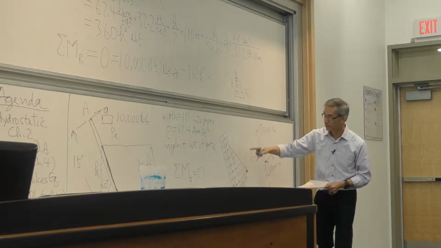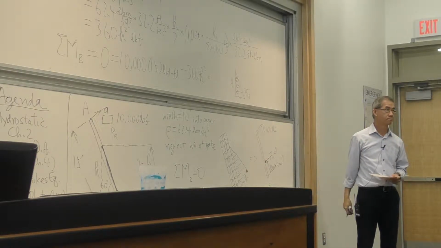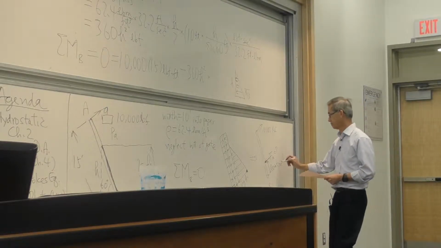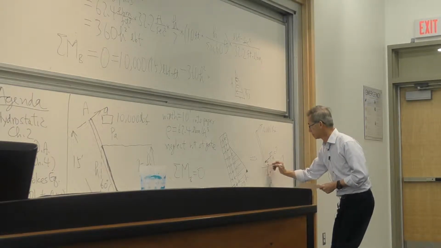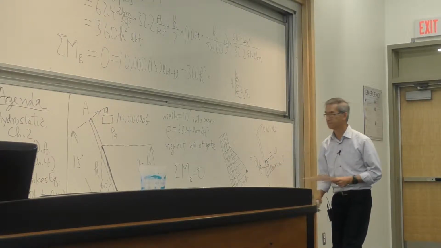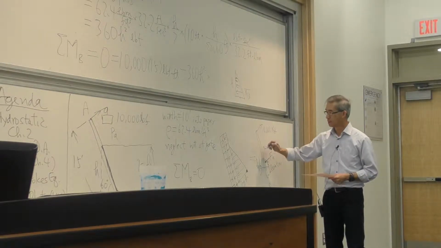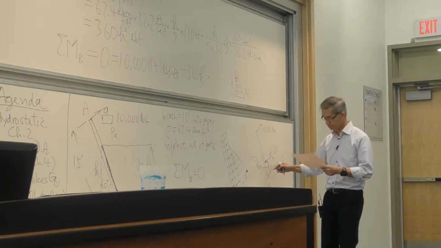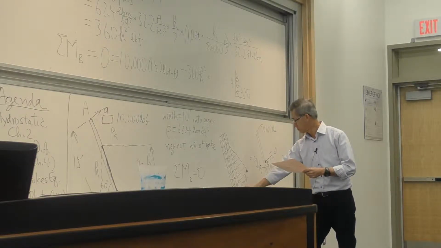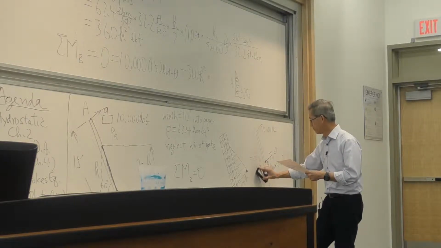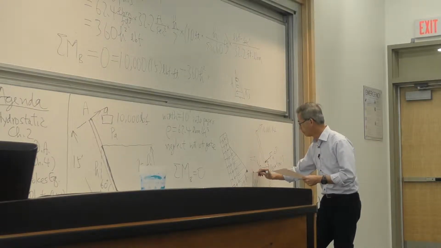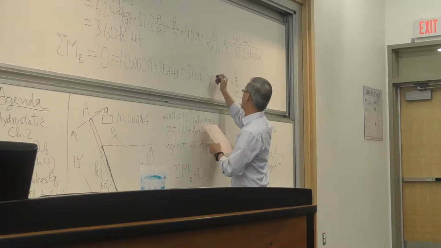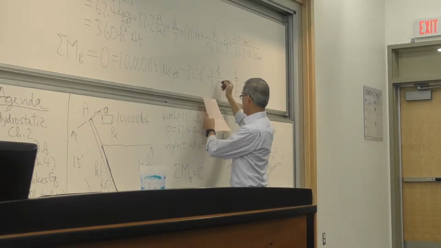Now I have the angled prism rotated. Where is the center of pressure? 1/3 from the base. H divided by 3. H is the height of the water. No, sorry. Let me be careful. This is 1/3 from the base, such that, and this is something I want you to study